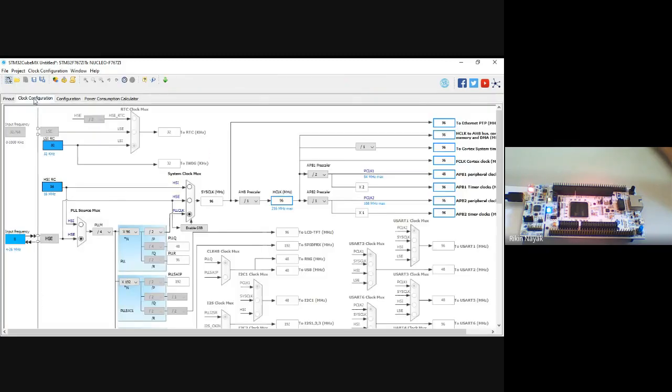Now next is clock configuration. Here in clock configuration you can select your clock, right? Here you can see the different clocks for different peripherals, Ethernet or UART, right? If you want to change it, you can change it, but now we will not do anything in this clock configuration.